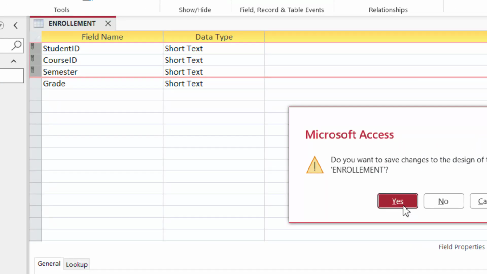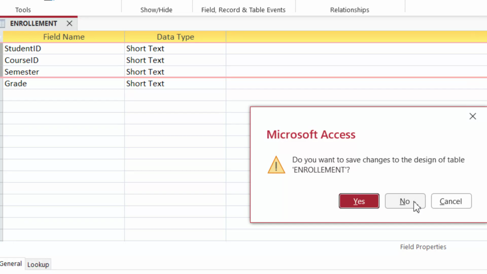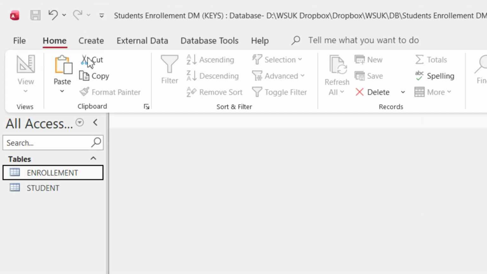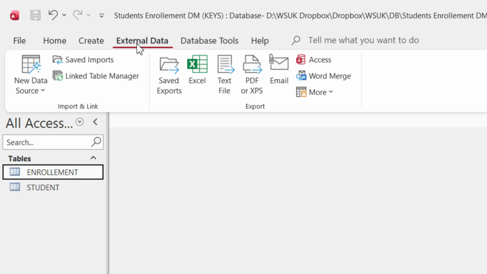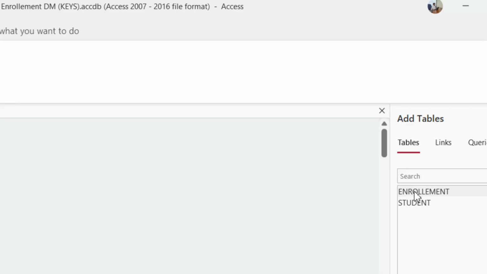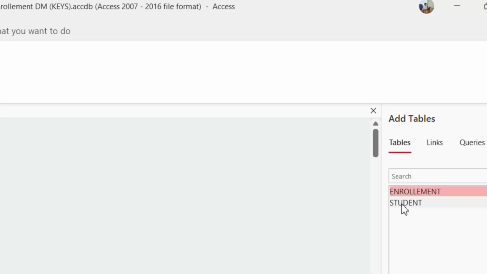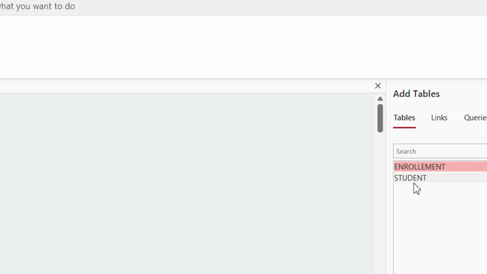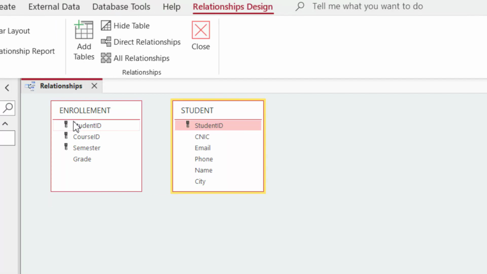Now let's go and check it. Create the relationship for both the tables. I add the enrollment table here, and I add the student table here, and I want to